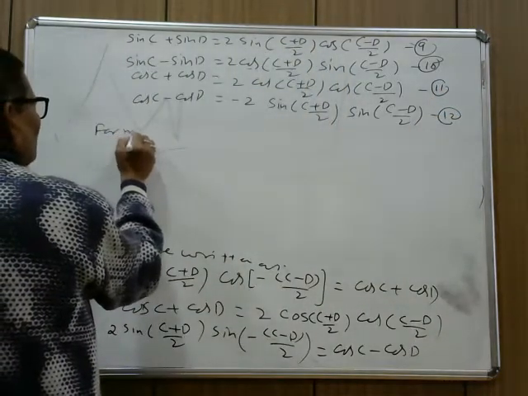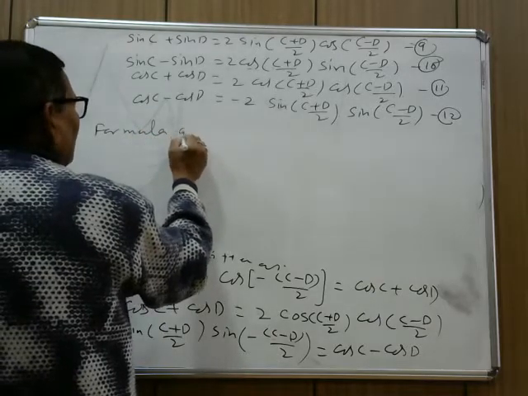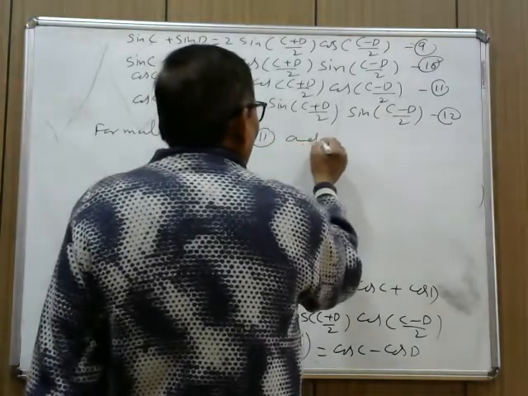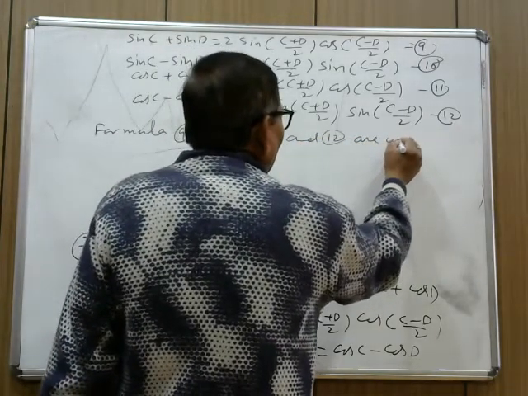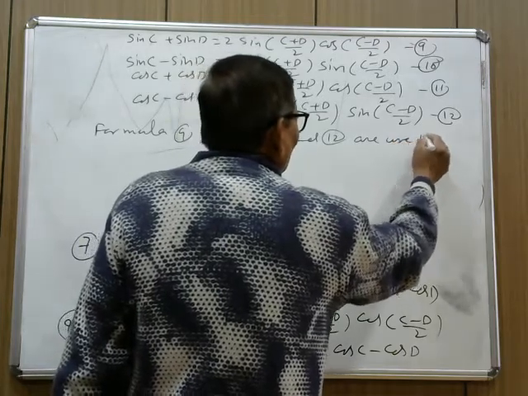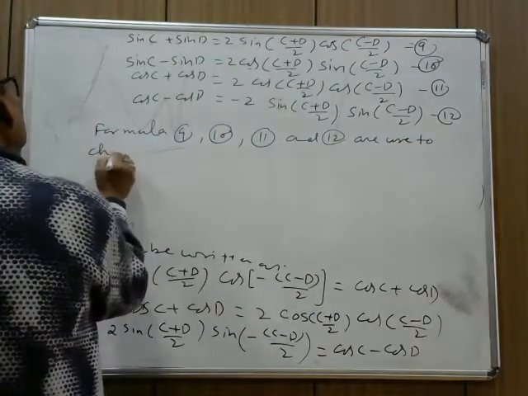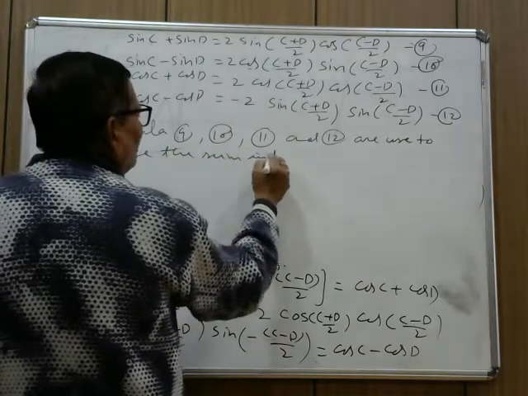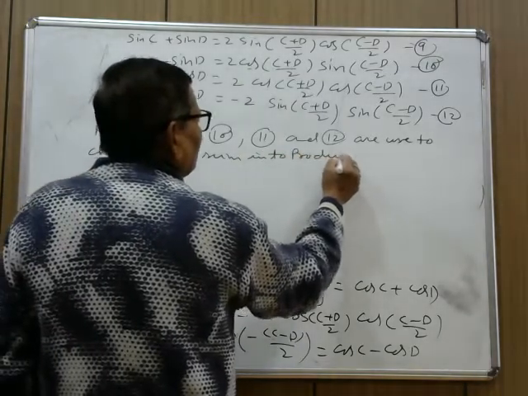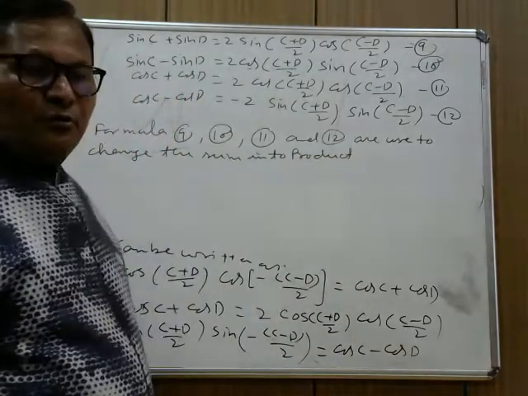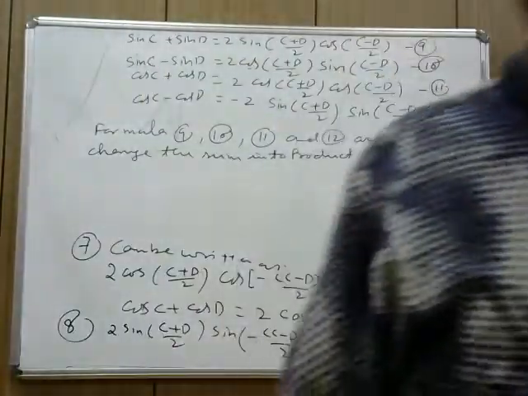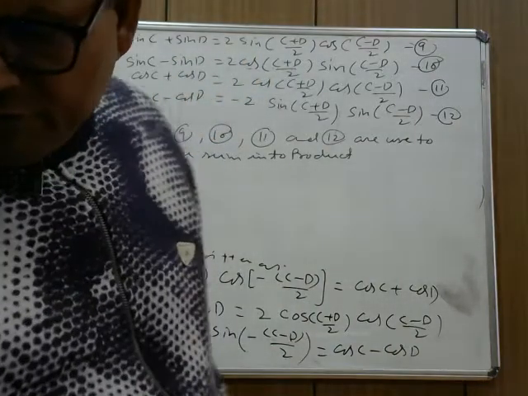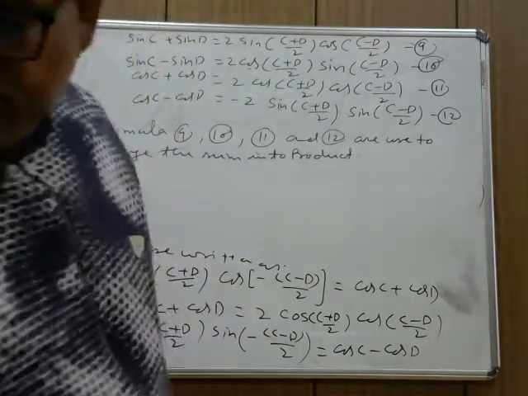Formulas 9, 10, 11 and 12 are used to change the sum into product. Change the sum into product. So these are called the transformation formulas. Now